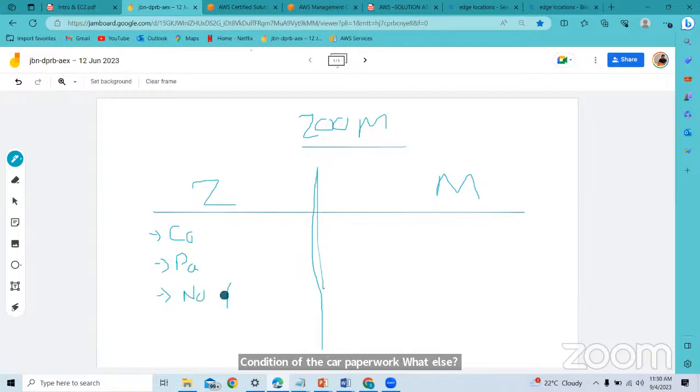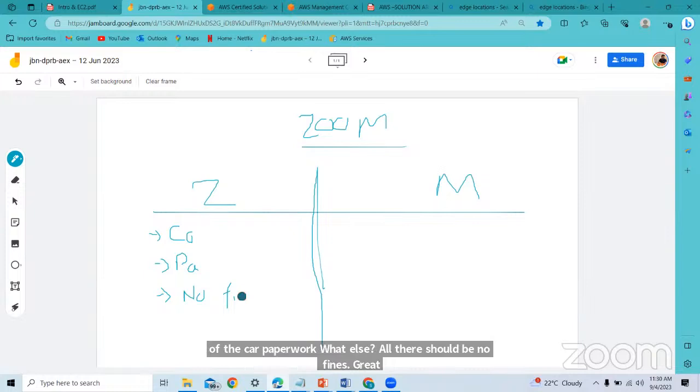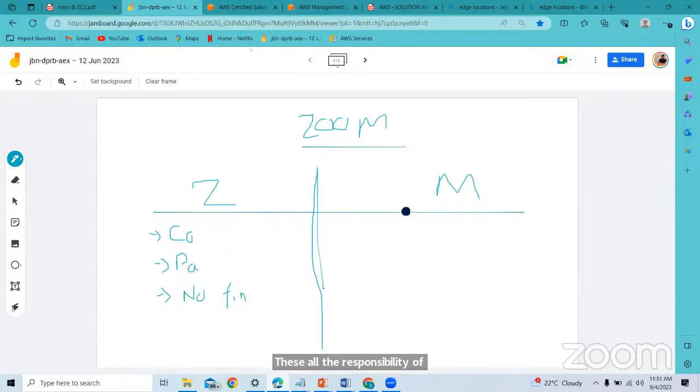These are all the responsibility of Zoom car. This is not the responsibility of Manoj. If the car is not good, that is not his responsibility. He's only renting it. So Zoom car should provide him a proper, well-maintained car with proper documents and no fines.